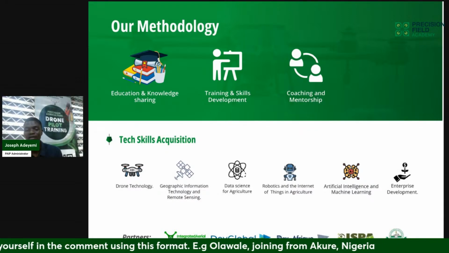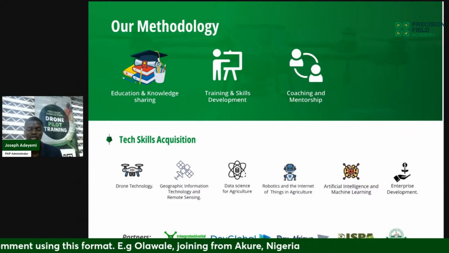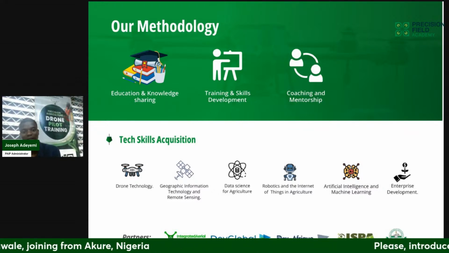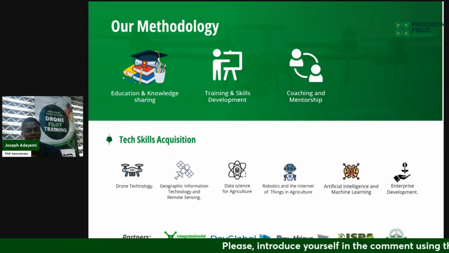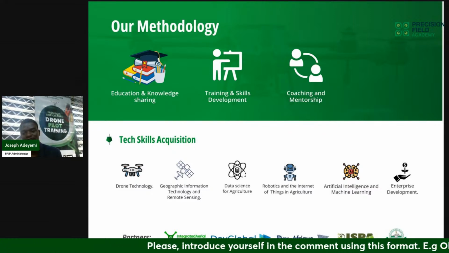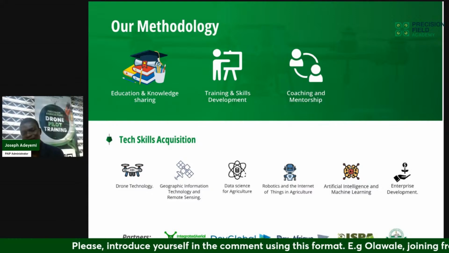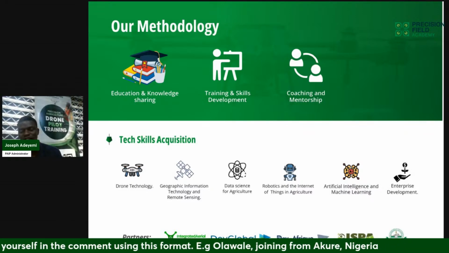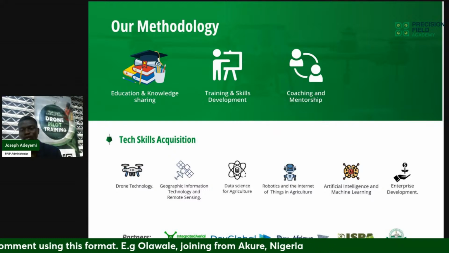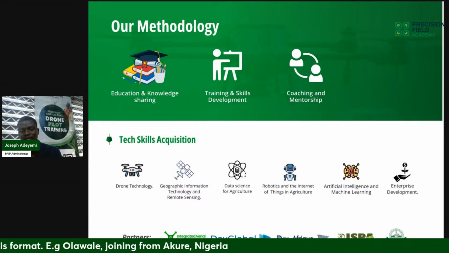Yes, classified under data science because you'll be able to know the plant population stand count, the size of the canopy, how robust they are. You want to get the leaf index, nutrient efficiency, and all of these things are classified under data science in agriculture because we have various areas of data. And also we have robotics and Internet of Things.